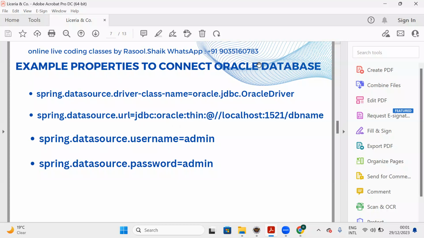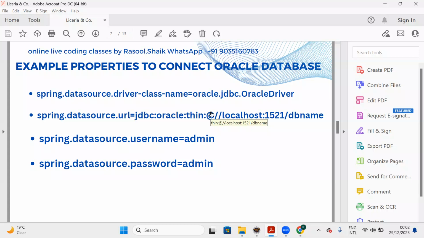If you want to connect with an Oracle database, this is the URL to connect with the Oracle database. Depending on your requirement, you can specify the driver class name, JDBC URL, username and password, and these properties are common for each and every database. So only the URL and driver class name will change, based on the database you want